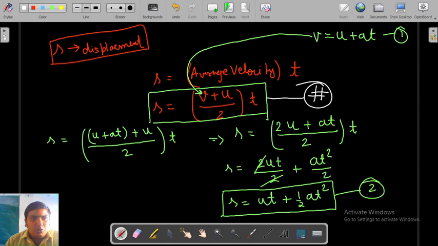ओके, तो यहां पर अभी आपने एवरेज वेलोसिटी में जब वेलोसिटी की वैल्यू फर्स्ट इक्वेशन से रख दी तो आपको सेकेंड इक्वेशन मिल गई. बिल्कुल इसी तरह अगर आप यहां टाइम की वैल्यू रख दें इसी इक्वेशन से टाइम की वैल्यू रख दें तो आपको न्यूटन की थर्ड इक्वेशन मिल जाएगी. इजीली आप उसको ड्राइव कर सकेंगे. ठीक है, तो करते हैं.